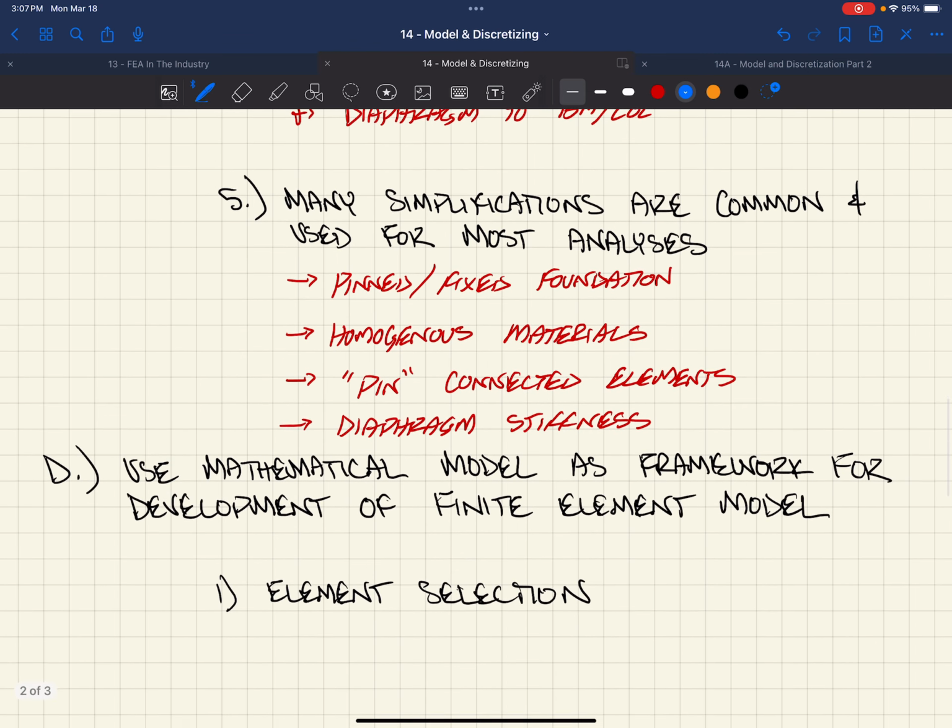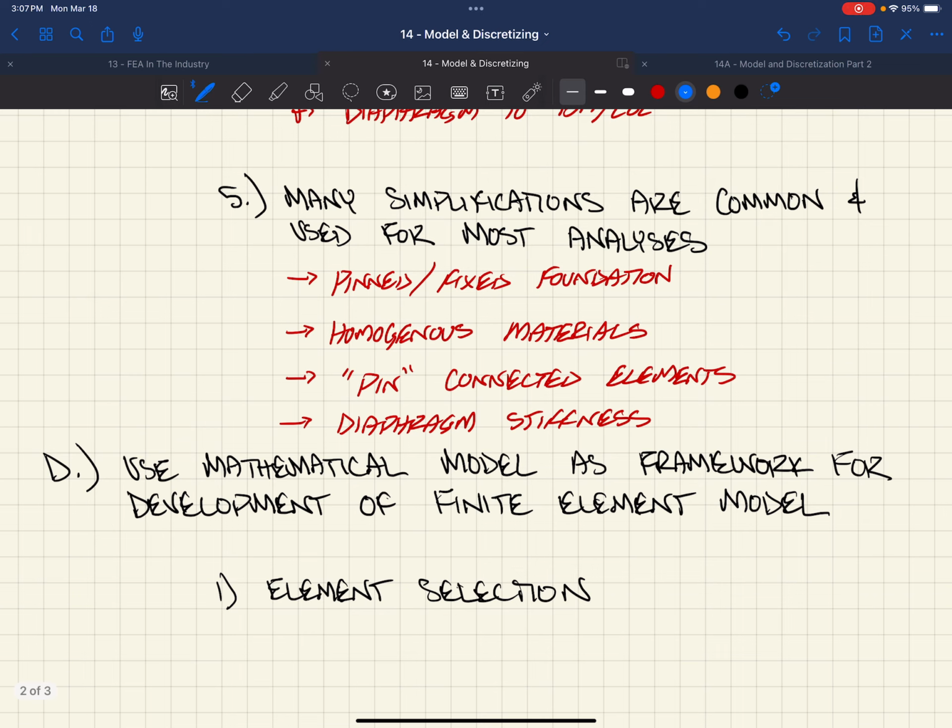As I mentioned, there's many simplifications. There's common ones for most. Pin versus fixed foundation, homogeneous material, it's consistent throughout. Pin connected elements, right? We have member releases where we have simple supports, and then diaphragm stiffness. A lot of times we have to model this very large flat plate that's our floor system. It's a very in-plane stiffness element. A lot of times we assume that thing acts as a membrane element